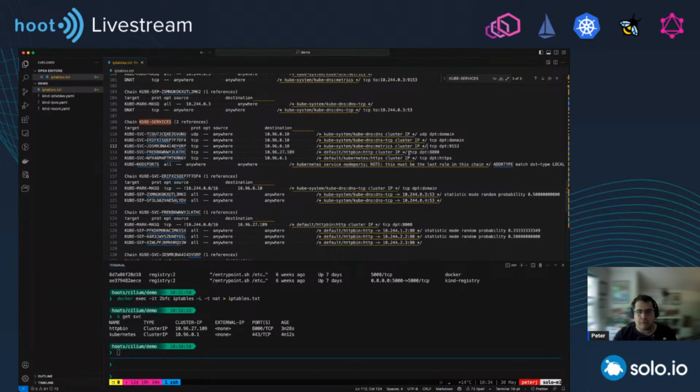And then the last portion, tcp dpt:8000, specifies that this rule applies to TCP traffic destined for port 8000. Basically, any traffic that goes to this IP and this port. And it's saying, well, if the traffic is going there, then it should go and execute this chain here.